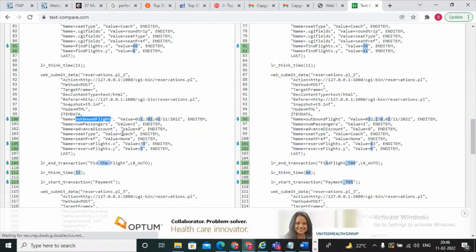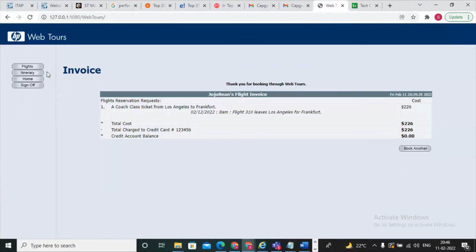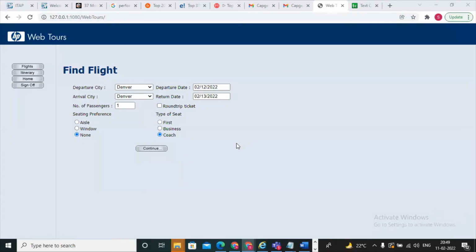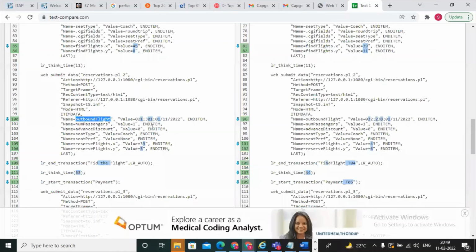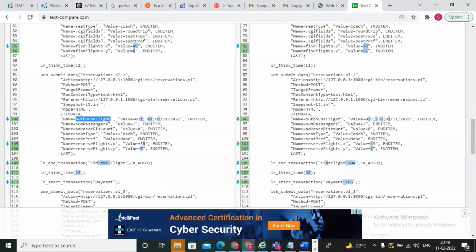And after that, you need to observe seat type. I selected coach only. Maybe we can select a different type. That is why, while recording the script, you need to give different types of test data. We have the application here, right? For example, now we are in seat preferences, comparing, right? We have different types of seats. You can come here. Seat type will be coach.